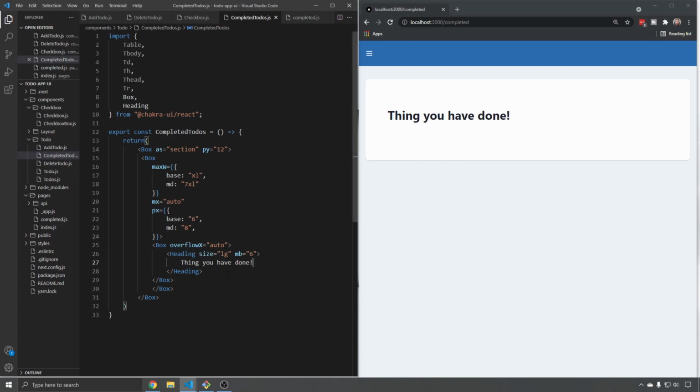Now we actually need the table data. So underneath our heading, we can do table. And we can say my, so margin on the y-axis is equal to 8. We want a border width equal to a single pixel and a font size equal to small. Now we've hit save. You don't really see anything on the screen yet, but as we fill it out,